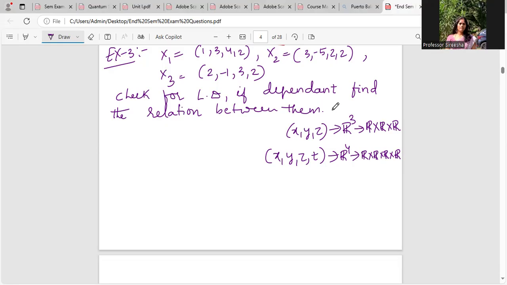But in math or in vector spaces, we can handle any n-dimensional space very easily. Mathematically you can handle it, of course. You may not be able to visualize, but mathematically you can handle and do certain things even for an n-dimensional space. Okay, that's what I just want to say.